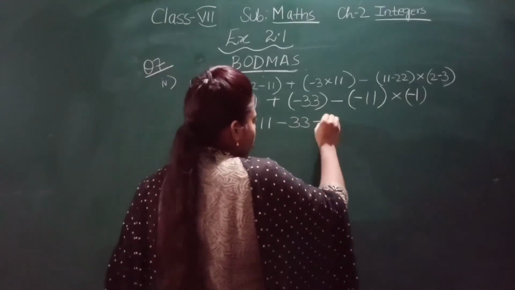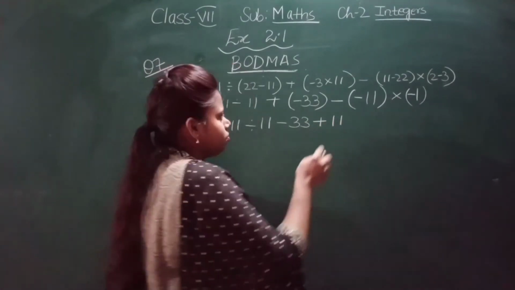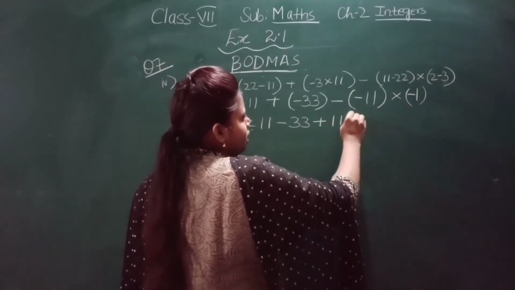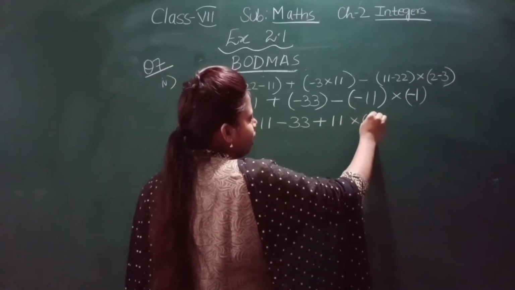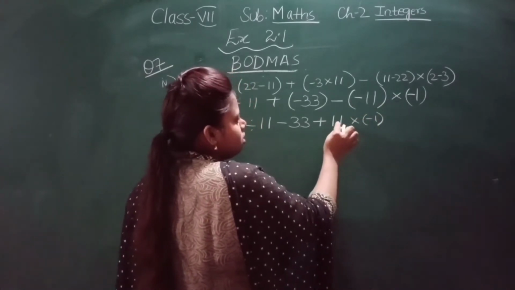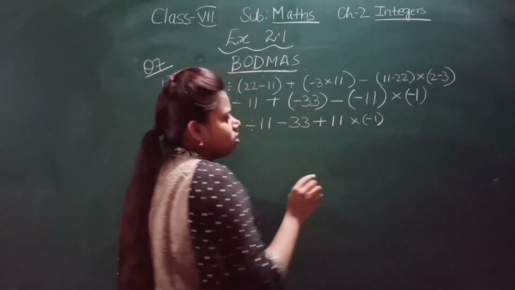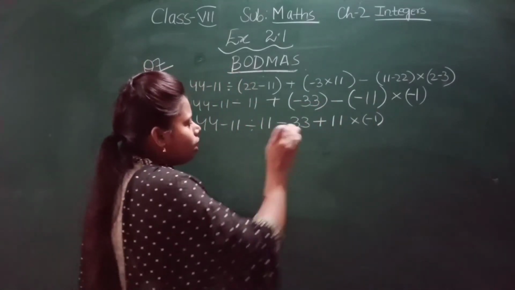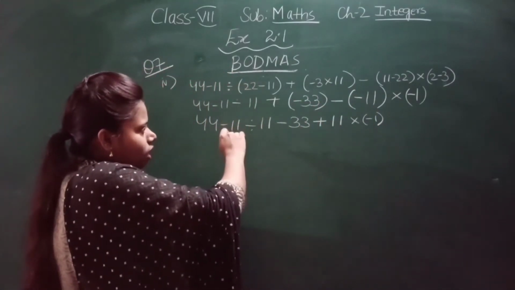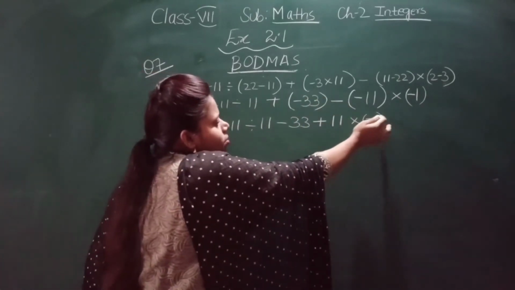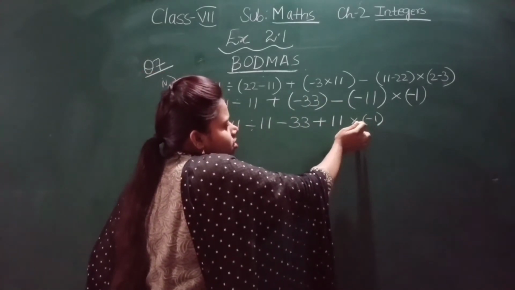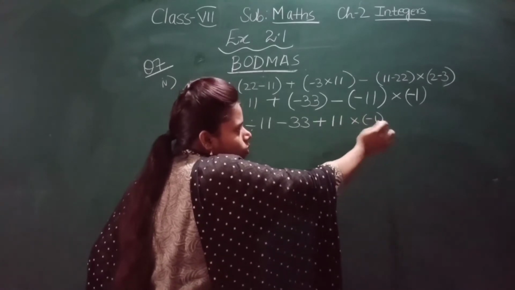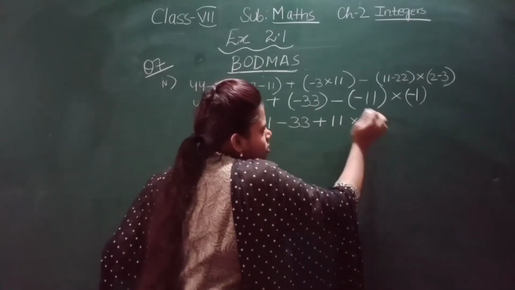We will open the bracket. Now you can see here that a multiplication sign is given, and in the bracket there is a minus sign. That means this 11 is getting multiplied by this minus 1. Now what we need to do is divide. Bracket we have solved. This one I have written in a bracket because the multiplication sign is there outside and minus. So I cannot write two signs together, multiply minus. That is why I have just written it in the bracket.